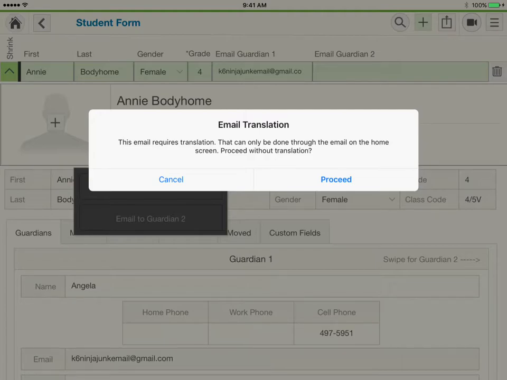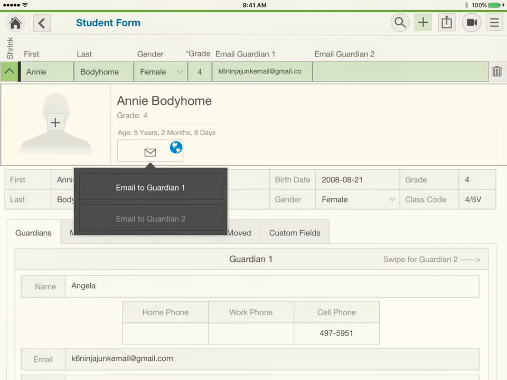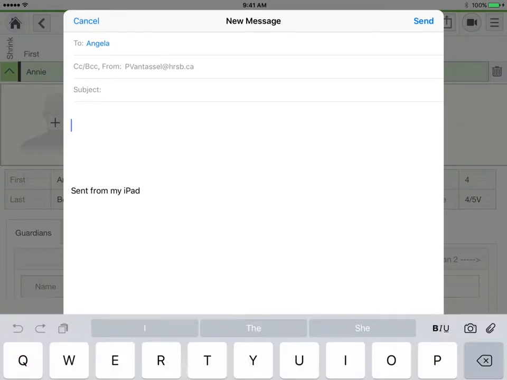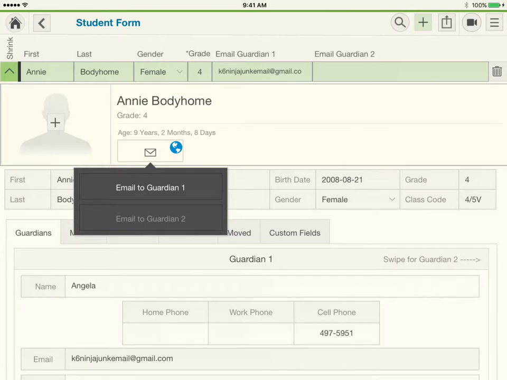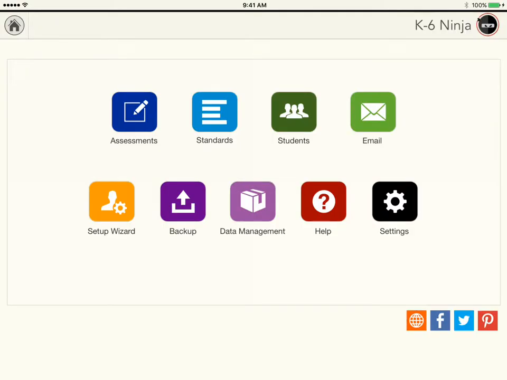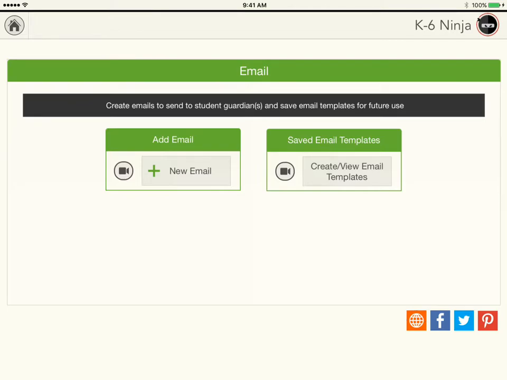Proceed without translation. In order for it to convert this or translate it, it uses Google Translator and sends a link to the parent, which it'll open up and it'll convert whatever you've typed in English, it'll convert it to whatever other language you've chosen. But in order to do that, you have to use the other email. So I could proceed, and this would just open it up, and I would just type in English here, or delete draft. I would have to go to the home screen, go to email, create a new email,